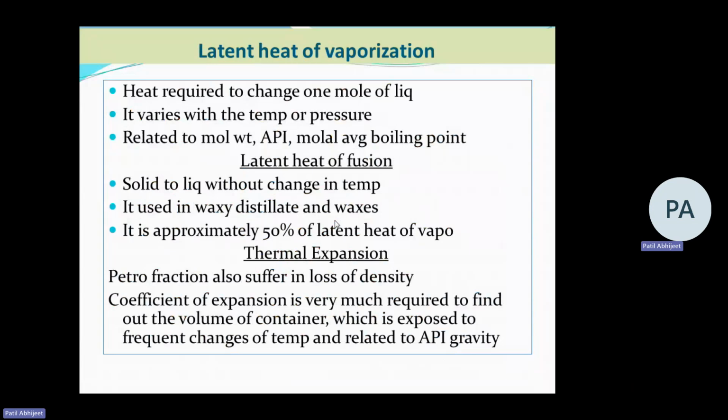Generally, related to thermal expansion, petroleum fractions also suffer loss in density. So coefficient of